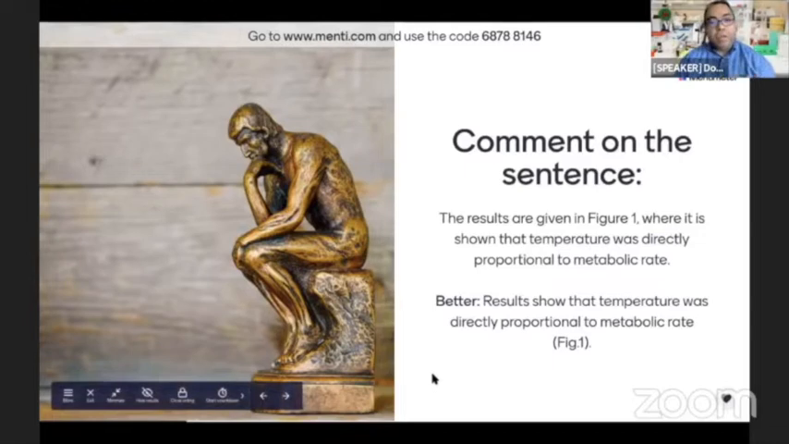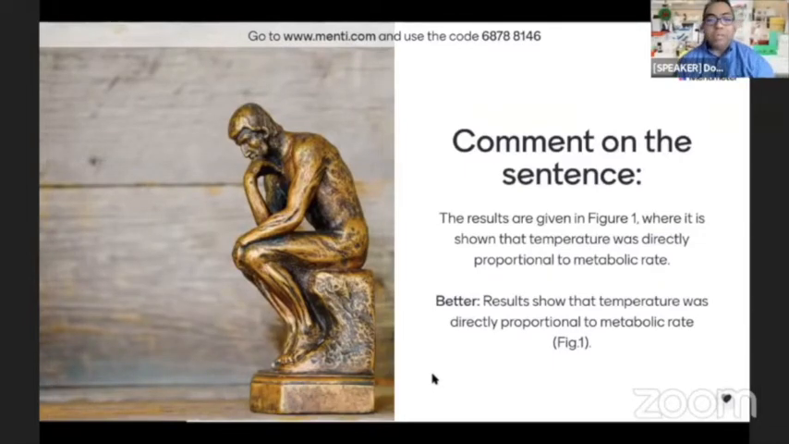Ayan. "Results show that temperature was directly proportional to metabolic rate, figure 1." Diba? It's simpler. No? And it's direct to the point. Diba? So there is a way to write it na hindi ganun kahaba and it's also direct to the point. Okay? Don't worry about this. Sometimes it takes some practice no? Sa pagsusulat nito. No? Ako rin naman dati, ganyan din ako magsulat. Pero later on, no,